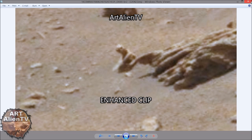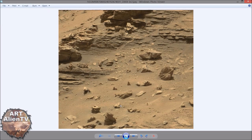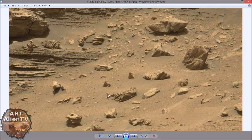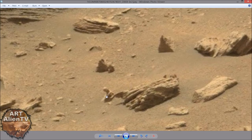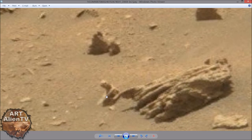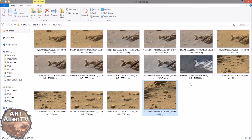This thing is literally, when you look at the source image here, one of the smallest things in the image. It's probably only about 1 centimeter or 2. It's probably less than 1 inch. Okay, I would say about 1/2 inch to 3/4, perhaps, from here to here. So this is very small indeed. This is why we're not seeing a lot of detail, because it's just way too small. Of course, if the camera was zoomed in on it and was focused properly, we would see detail, of course, but